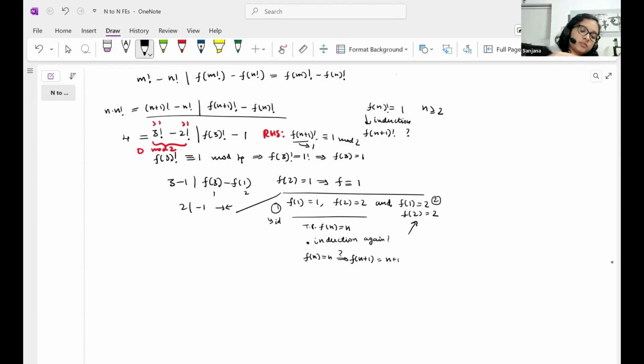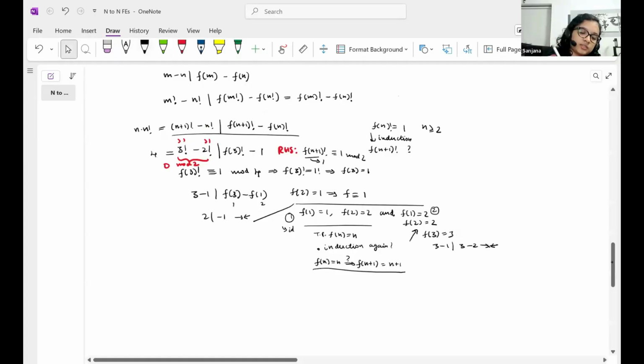But the point is, if we do this in the second case, you'll have f of 3 is equal to 3, and again you can have a contradiction with f of 1 and f of 3. You'll have 3 minus 1 divides 3 minus 2, which is a contradiction. So this is what it actually suffices to prove, and then we would be done. And this induction would be starting from